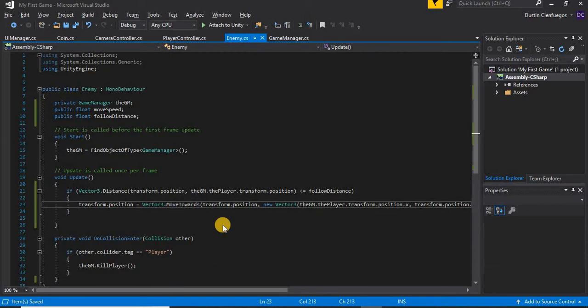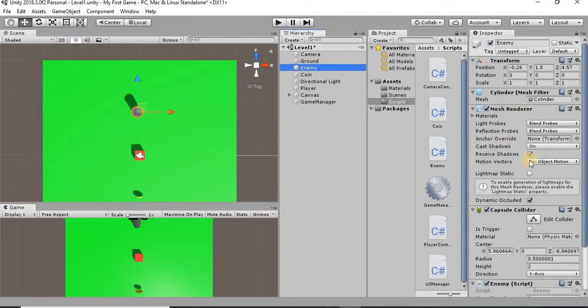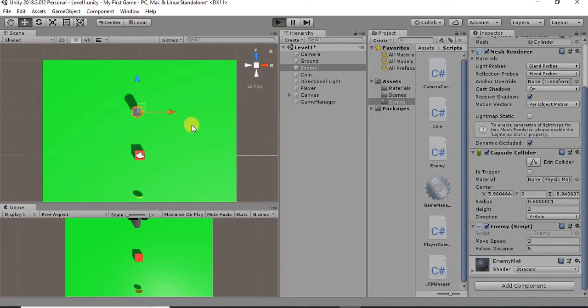So if we go ahead and save that, go back into Unity, let's go ahead and go on to our enemy character, and down the enemy script, let's set a follow distance of, let's say 3 or 4. No, let's do a solid 5. See what happens when we do 5. So if I go ahead and hit play,